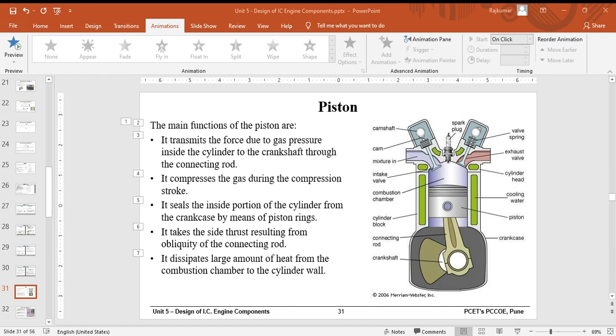When the ratio of stroke length to bore, L by D, is up to 1.5, then a cup is required on the top of the piston. Otherwise, it is not required. Then the radius of the cup is generally taken as 0.7 D, where D is the bore diameter. So we will stop here, and briefly I will tell you all the things once again.